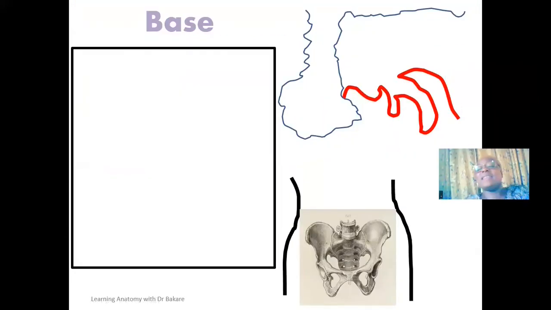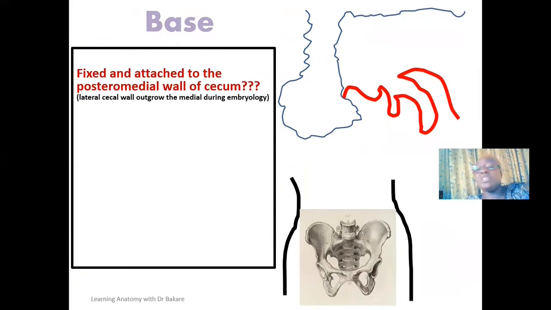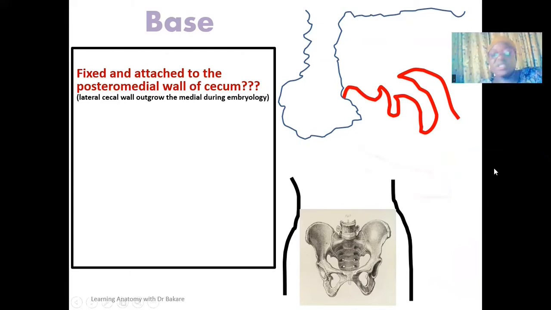Then going further to the last sub-region, which is the base. The base, we said it is the region that is fixed or attached to the posteromedial wall of the cecum. And we said that this region is fixed, it is not mobile and cannot take different positions around the cecum as is presented in the body and also the tip. So this is the appendix here, located at the posteromedial wall of the cecum. So in trying to justify why the base of the appendix is located at the posteromedial wall of the cecum,